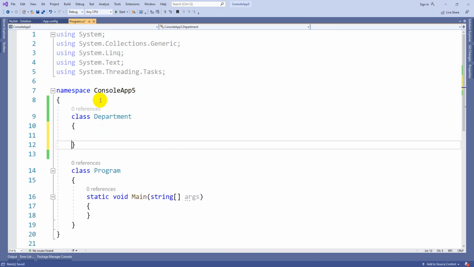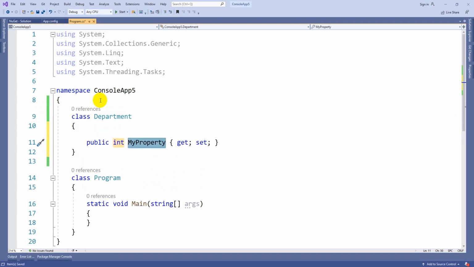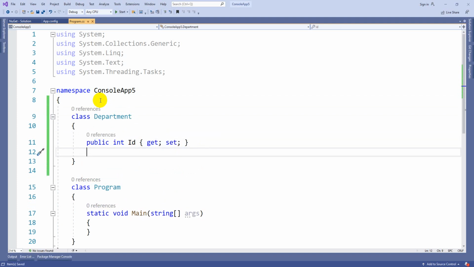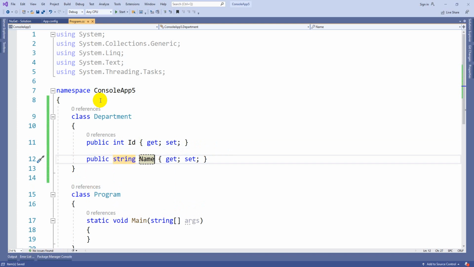Inside this Department you have properties, int Id. As I said in the previous class also, whenever you want to make a particular column a primary key, you should name the column Id, or else the class name followed by Id. You should use any one. Then the string property, department name or department title, anything you can call.